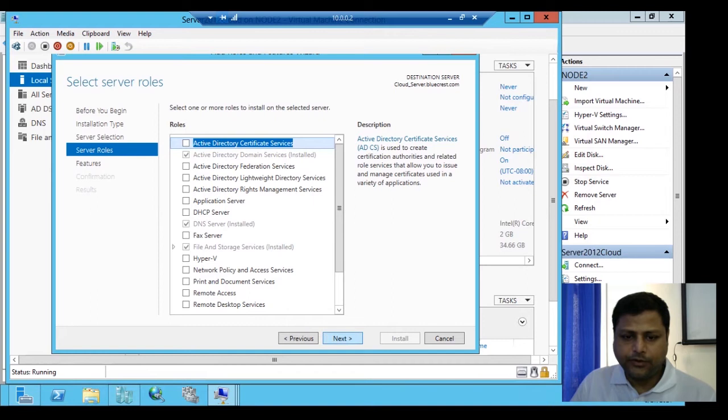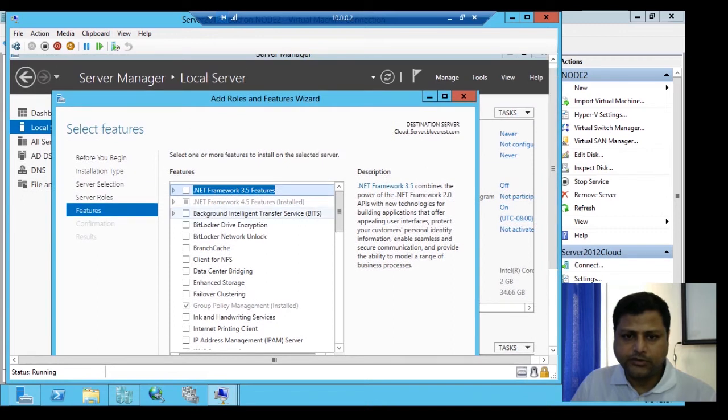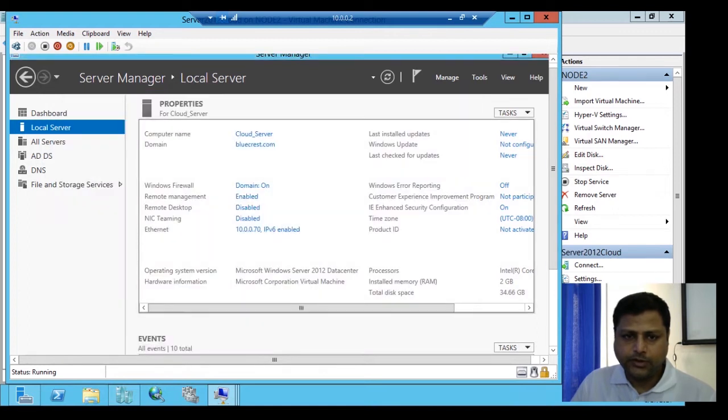And after that we'll go to the next, and we need to install this DNS. For my system it has already been installed, so we can see that the DNS is already installed, and we will check with the tools. Once it is finished, we'll come back to another step on the tools. Next, we will see whether DNS is installed or not.